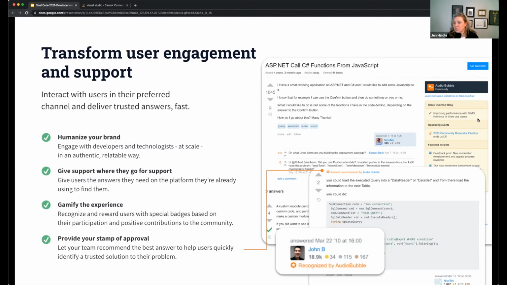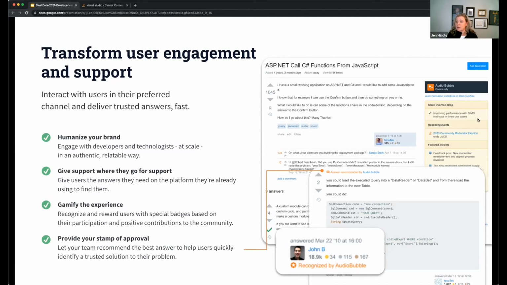Historically, developers have said we've got to go through and test, maybe a handful of those 10 that may be the correct answer based on what they're looking to do. With a recommended answer, it identifies an answer that you, as a technology organization, say is the best solution. We see that this is the best solution for this question. So it really helps validate and put your stamp of approval on an answer to a question.